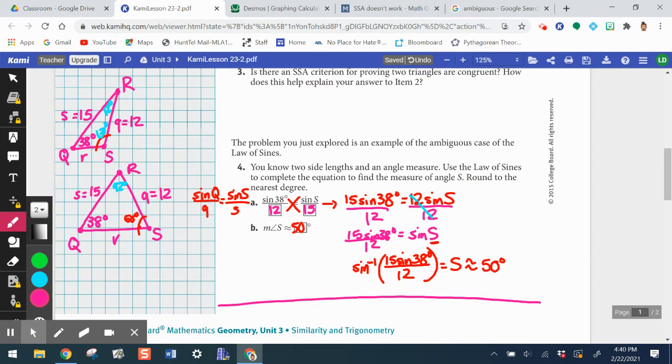If the angle opposite of QS is a narrow angle, then that side length has to be pretty narrow, which we just found is 4.1. If the angle opposite of this side is pretty wide, in fact, it's larger than a right angle, then that has to be a pretty wide measure. In fact, that's the largest angle in the triangle. 92 degrees is the largest angle in the triangle, so its opposite side has to be the greatest measure,